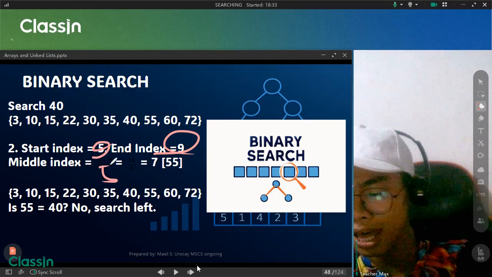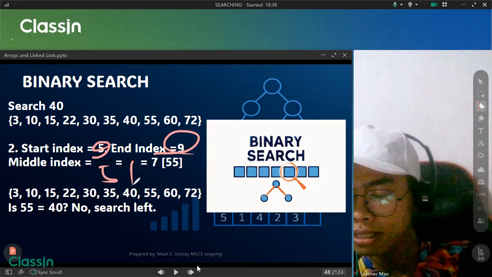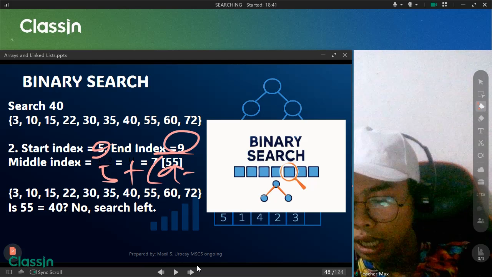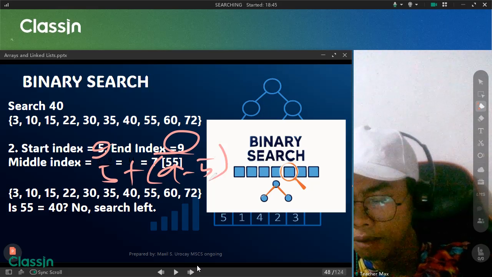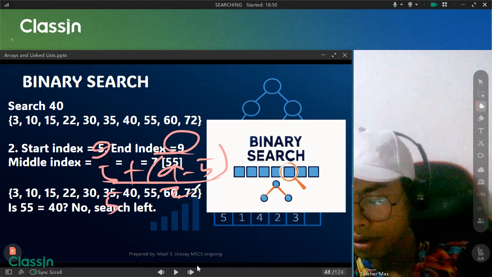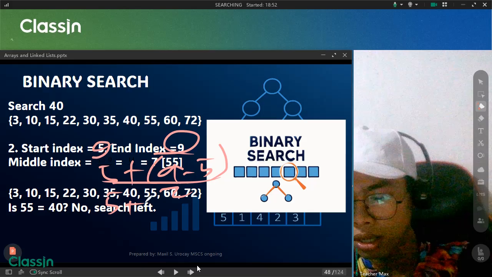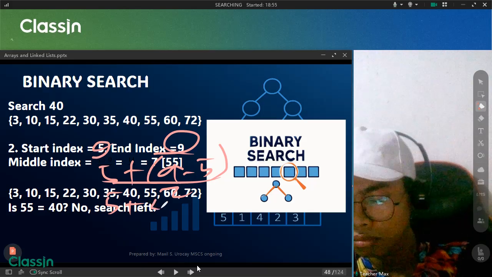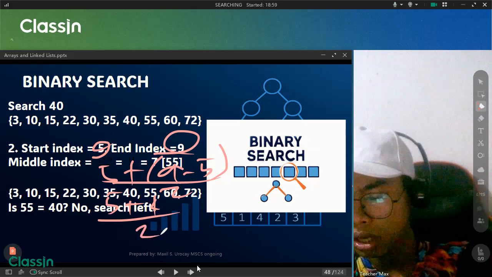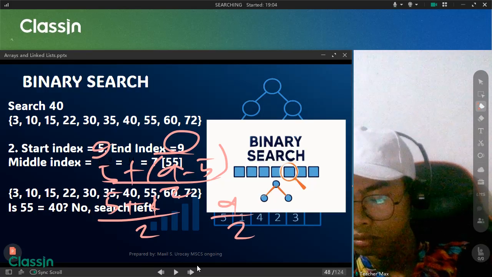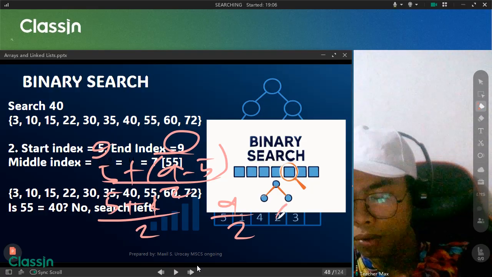So it will become 5 plus 9 minus 5, divided by 2. 9 minus 5 is 4, divided by 2 is 2, so 5 plus 2. Or 9 divided by 2 is 4.5.